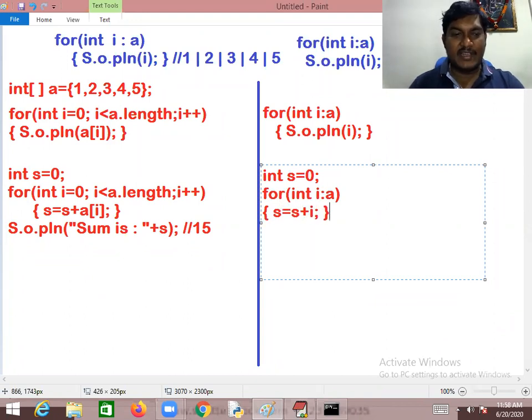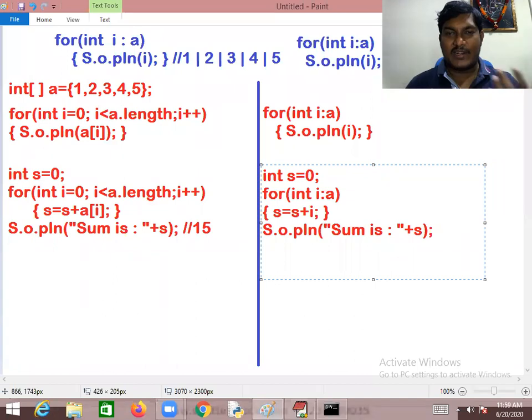That is great. And finally, we can write System.out.println of the sum is there in the variable S. This is the way you can work with an enhanced for loop. Yes. Then the ordinary way is the traditional way, already you are aware of it. So why don't you use a new concept?